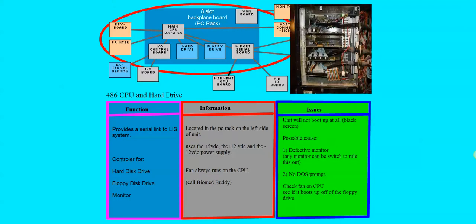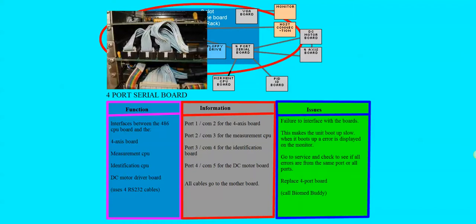Now on to the 4-port serial board. The 4-port serial board communicates through serial connectors to the following boards: 4-axis board, measurement CPU board, positive identification board, and the DC motors control board. Port 1 is for the 4-axis board. Port 2 is the measurement CPU. Port 3 is the positive identification. Port 4, DC motors. You can see all of these ports through the picture on the right-hand side of this